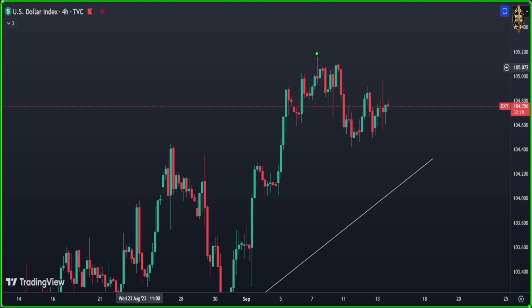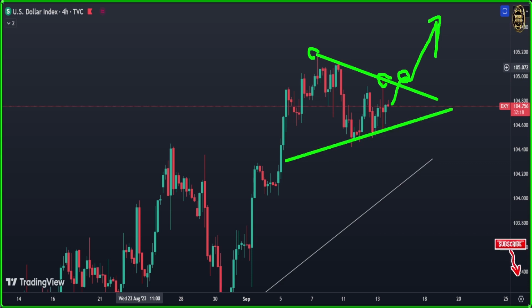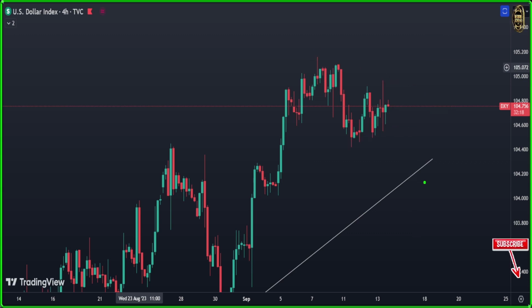At that time, what you need to do is focus on that level or that trend line here. As you see, it started from the tail of that one and that one. If the market comes and breaks above here, that means the DXY or US dollar is going to go up more. For the short, if the market falls down and breaks down at that level, you can enter short, but not that much, just to the long-term trend line here. So I think the picture is too clear. With the DXY, till now we don't have a clear picture. We need to wait until we get a very clear picture, then you try to make a decision based on that.